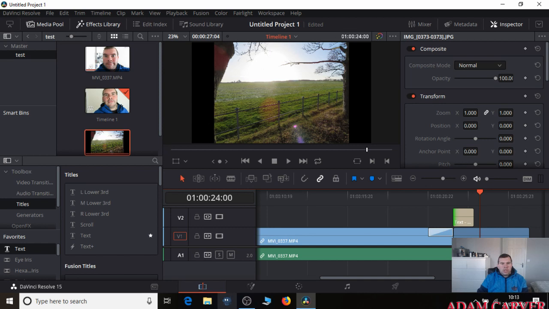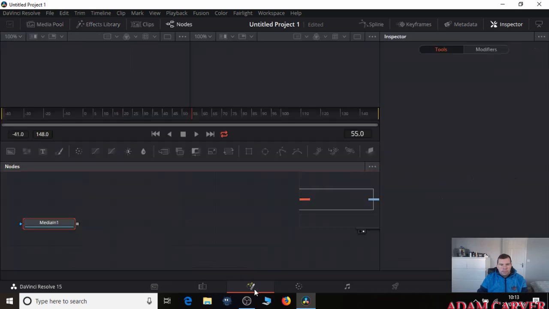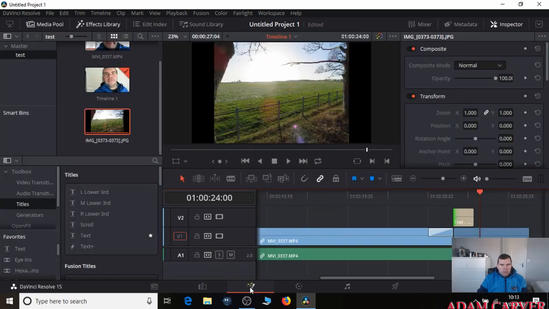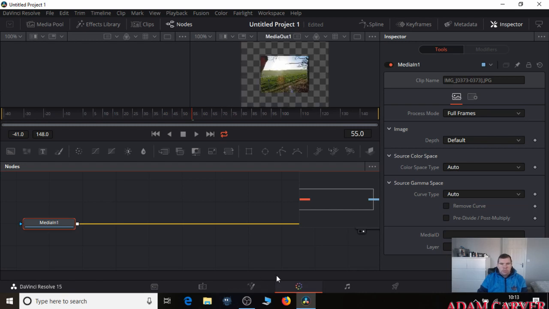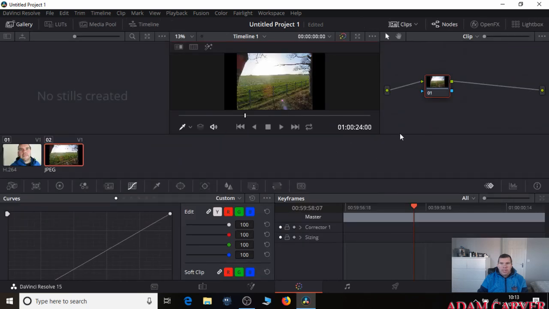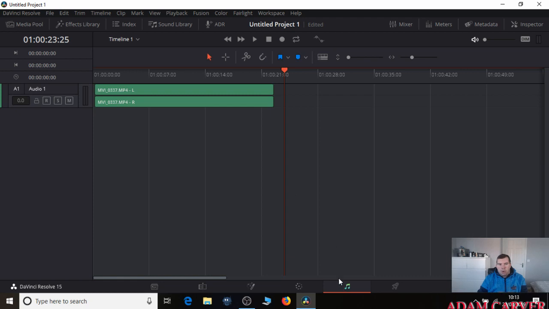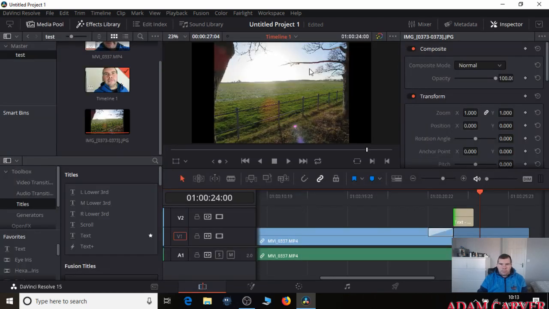Now again, there's loads of different things you can do on here. So obviously at the minute we're on the bottom bar. This is the media pool. So if we're going to this one, I don't use this one at all. The ones I normally use is the media pool one. You've got this one here where you can do your color grading, your corrections, your different things. You've got your audio where you can change the audio. However, you don't always have to come into this one, because when you're on your media pool, if you click